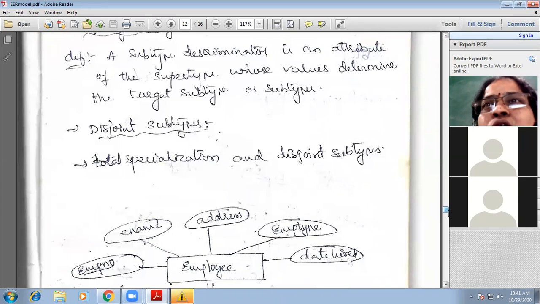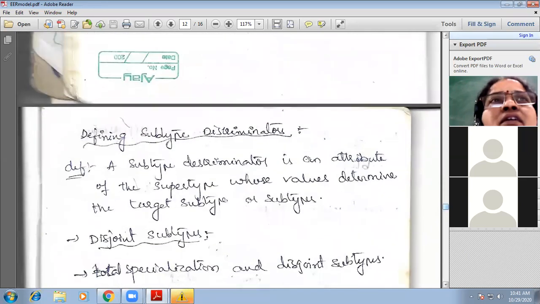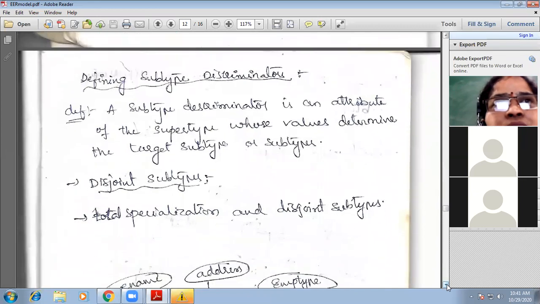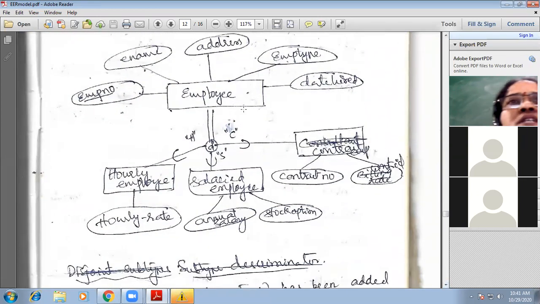Now we need to talk about defining subtype discriminators. What do we mean by subtype discriminators? Look at this example. This is a hierarchy, a supertype subtype hierarchy. Employee is a supertype which has all the common properties.